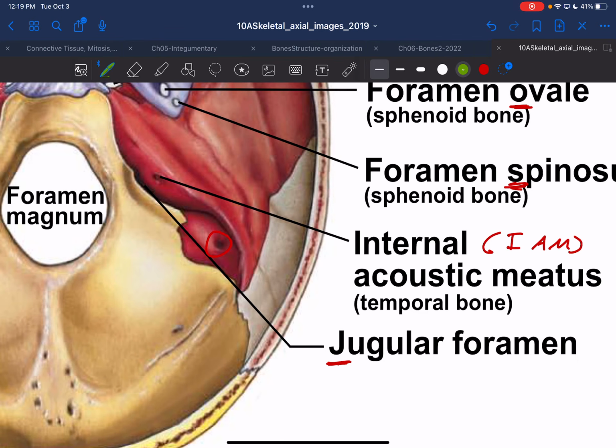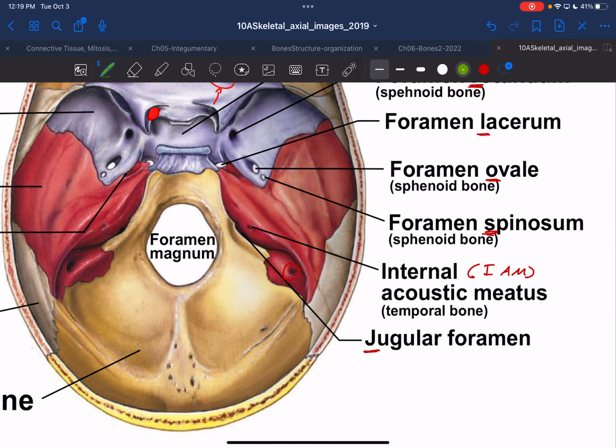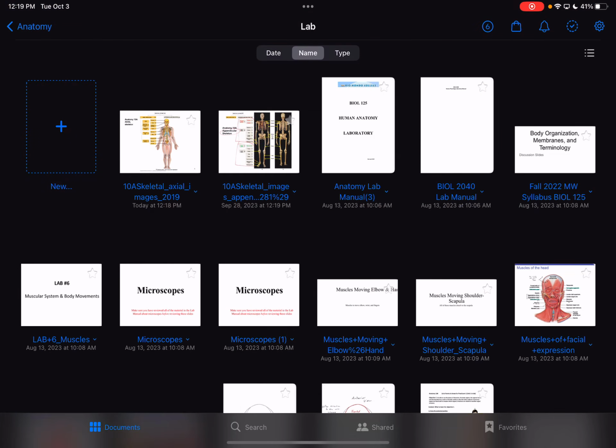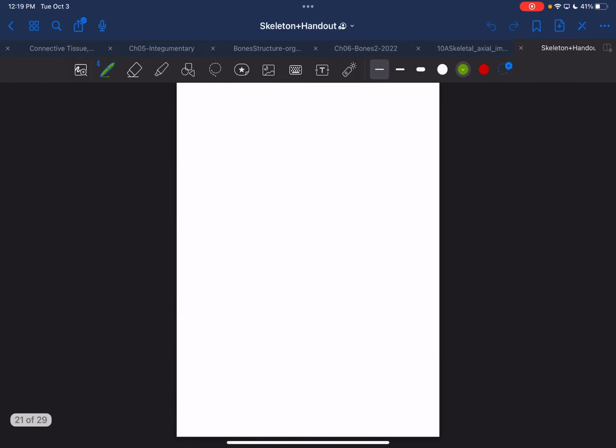And then when you go more down, this is going to be more superior, the internal acoustic meatus, and then when you go a little bit more down below, heading towards the foramen magnum, there will be this large kidney bean shaped one. This picture doesn't do it justice, but your packet on your skeletal models